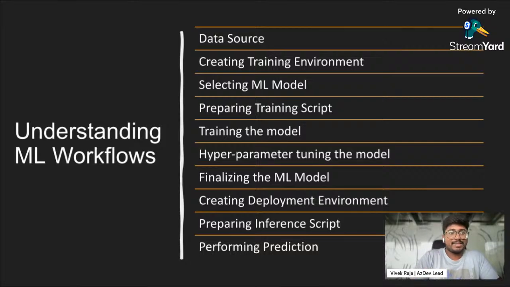But it is very necessary for us to learn a little bit of theory beside it. So the first section is going to be a little bit of talking. Then we will completely do the coding part. As I said, this is very much a necessity for us to understand how things work later. So next comes the inference script. Inference scripts are where, when you send a particular request, it takes and sends an input to your machine learning model and gets an output, and then it communicates back to your HTTP response. So the inference script takes care of it, and performing prediction is where your model actually does the prediction.